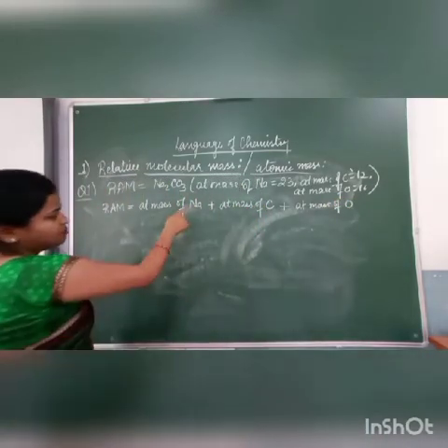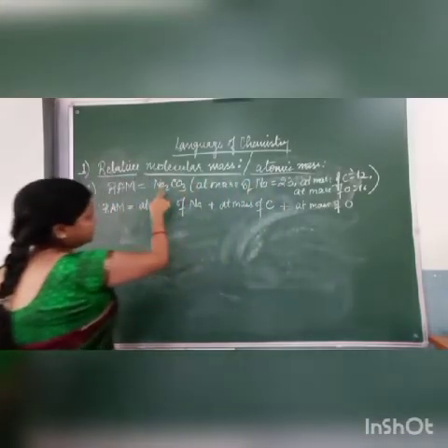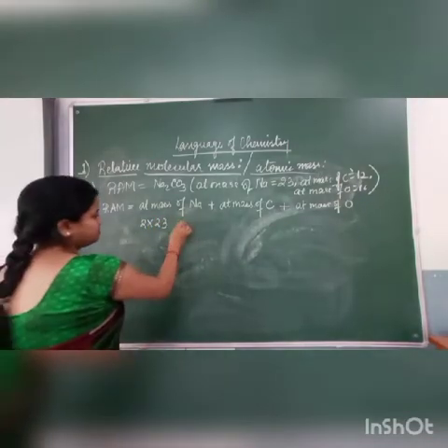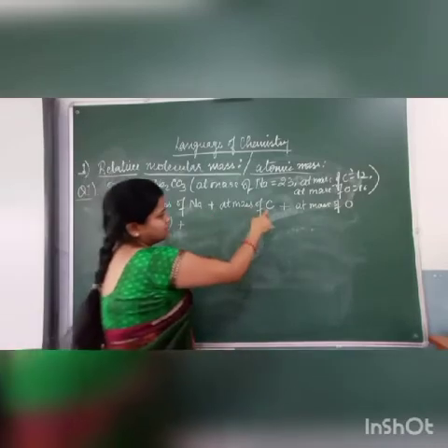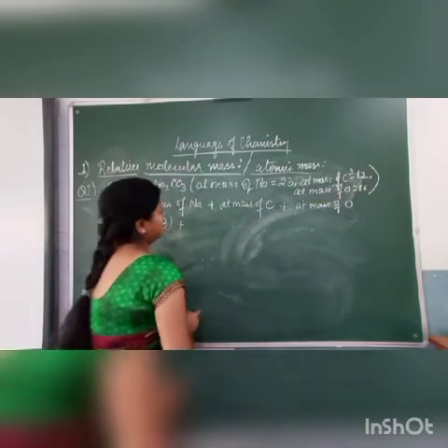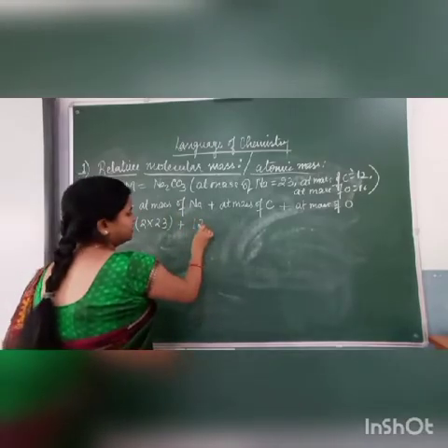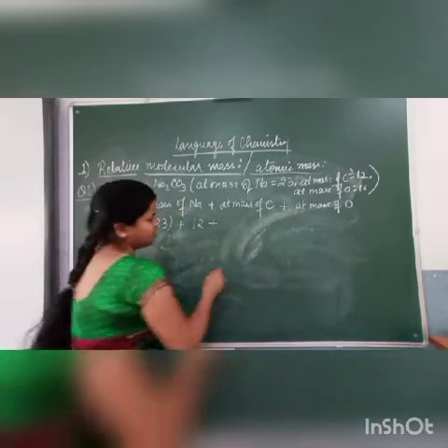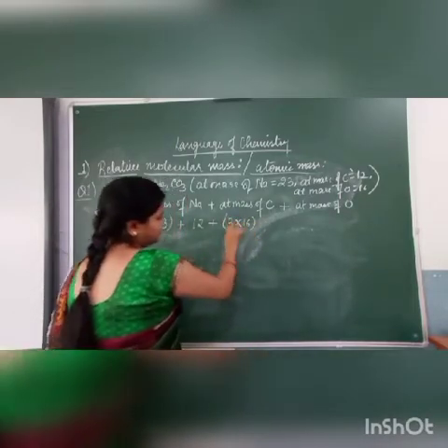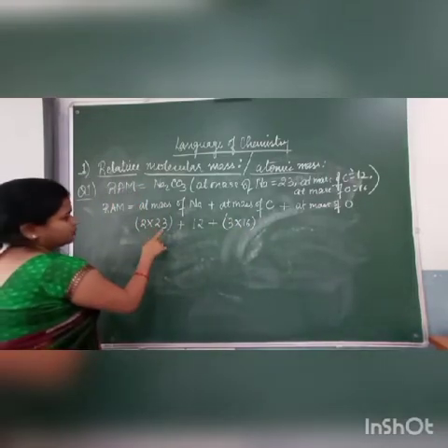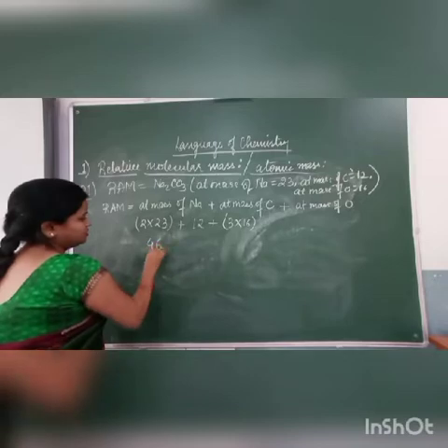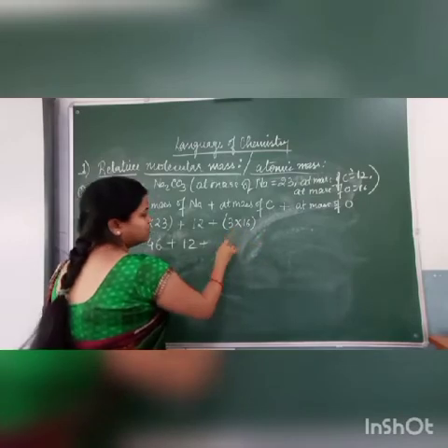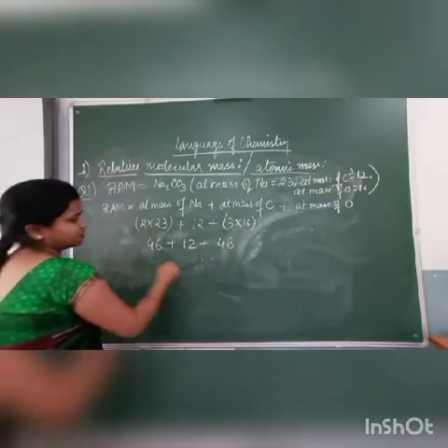Now you see, mass of sodium is 23. Here Na2 is written, means 2 into 23 plus atomic mass of carbon. Atomic mass of carbon is given 12. Here is only one carbon, it means simply we will write 12. Now atomic mass of oxygen is given 16. Here oxygen is 3. It means 3 into 16. Clear? Now 23 twos are 46 plus 12 plus 16 threes are 48. Now again we will just total it.